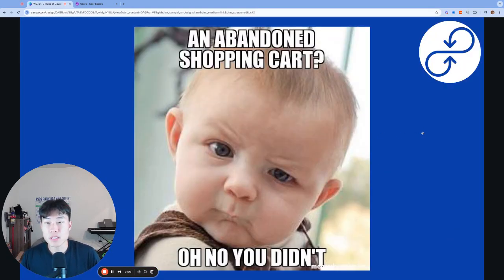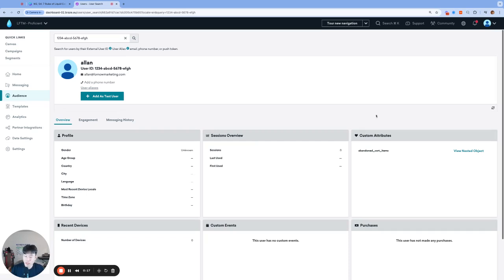Today, we're going to build an abandoned cart email using for loops and arrays of objects. Let's get started. Before we jump into our email and write our for loop code together,